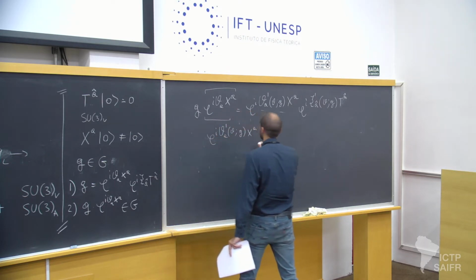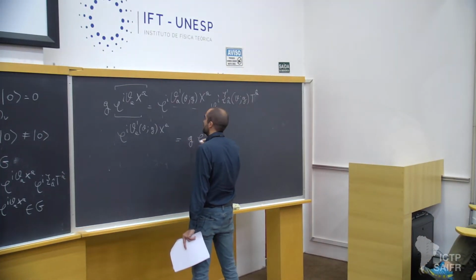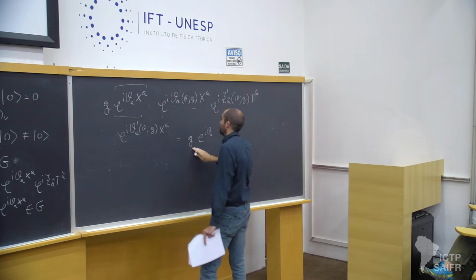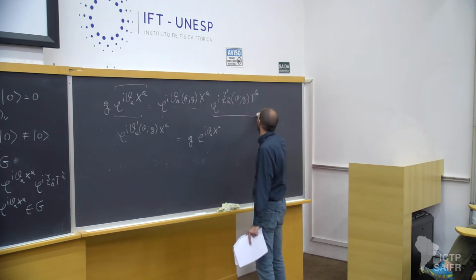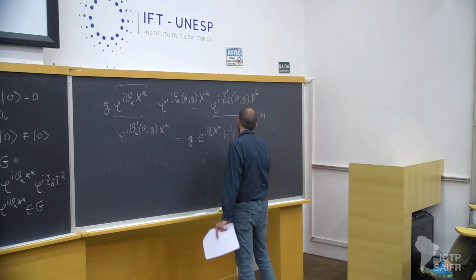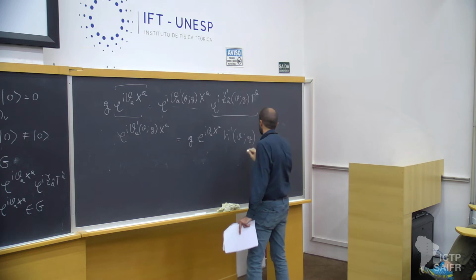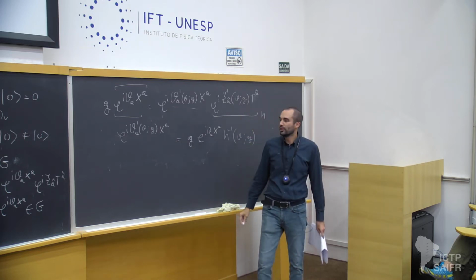So this is the transformed element, which is equal to the original one times the group transformation times the inverse of this guy that I'm going to call H. So this is H to the minus 1. So why did I do this? I did this because